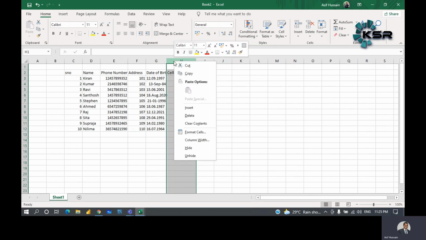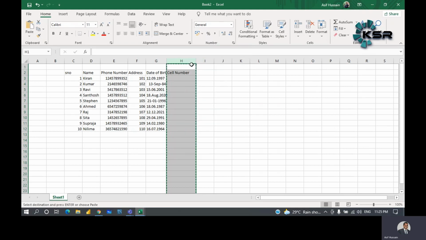You can right click on that particular box, then you'll get the options. We can set the font style, change the font size, change the font color, fill the color in a particular box, and convert the content into italics, into bold and all. So here let us cut the particular column. There are two options, either you can cut it or you can delete it.